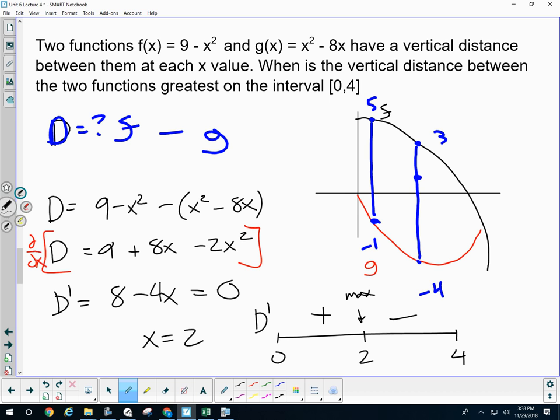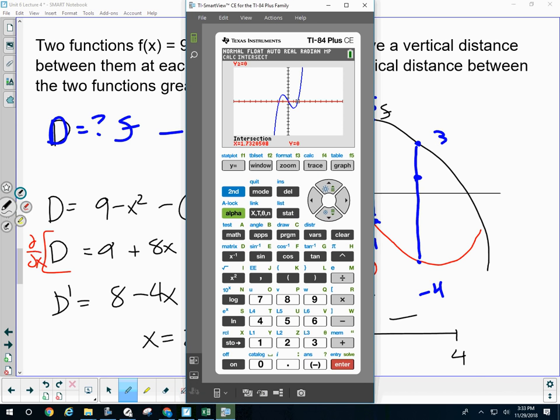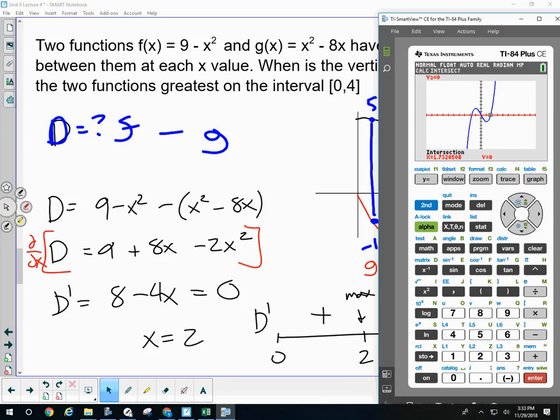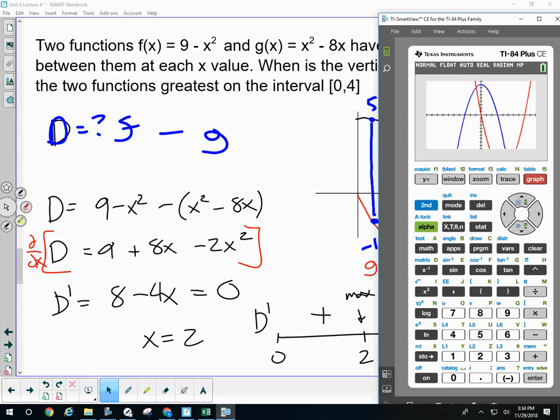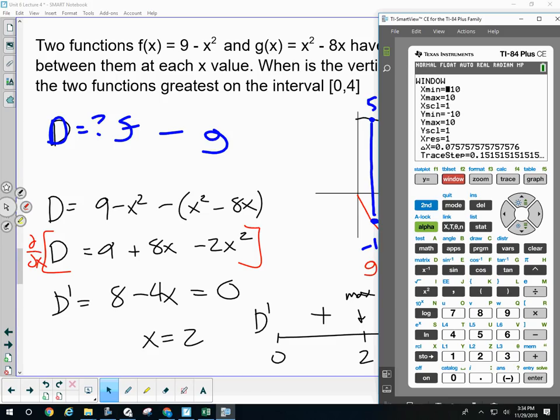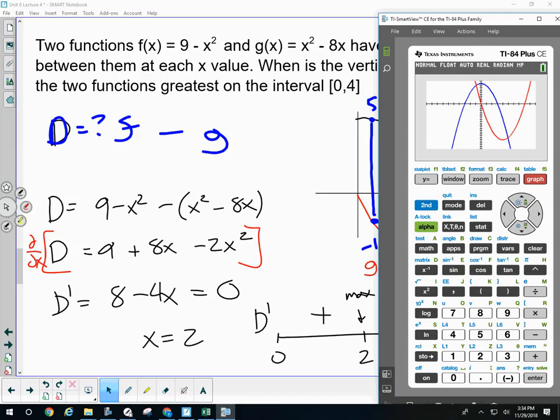Let's go ahead and look at that. Nine minus x squared. X squared minus 8x. Between 0 and 4, let's shift my window down. Wrong one. Okay, so 0 and 4, we can see